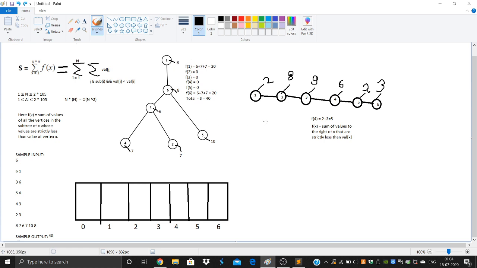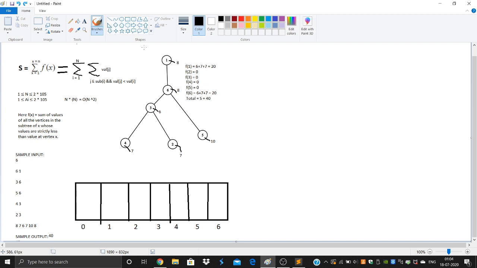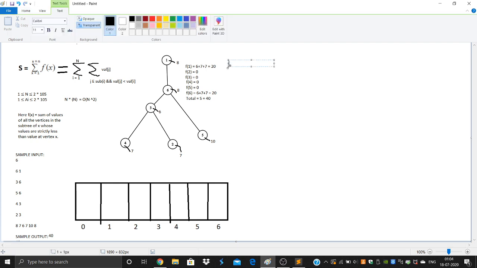Before that I would like to mention that now we have completely understood our approach, what exactly this question is asking us for. This question is basically asking us to first do some tree flattening to convert this tree into a linearized structure, and then after that do some offline queries. So really two very good methods coming together to solve this problem.